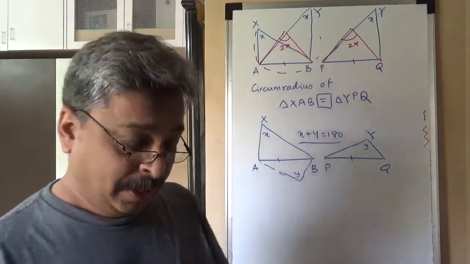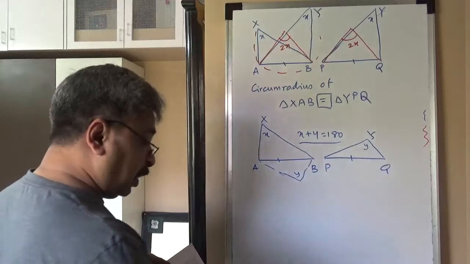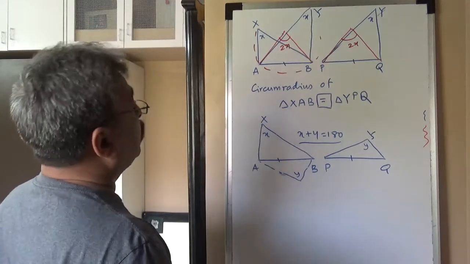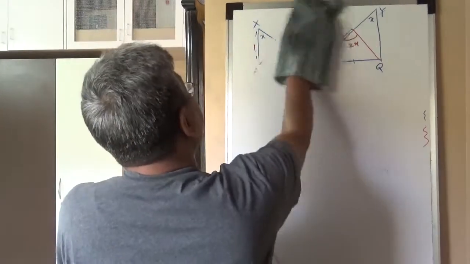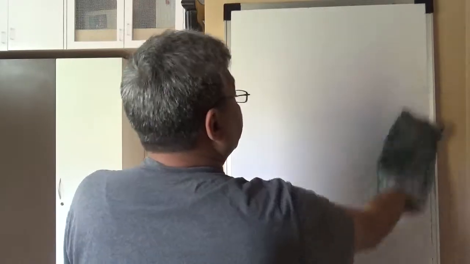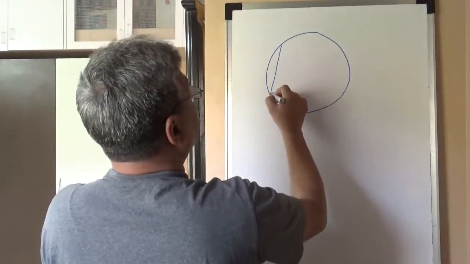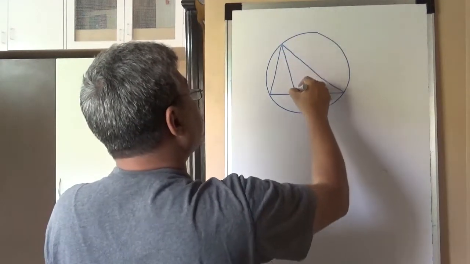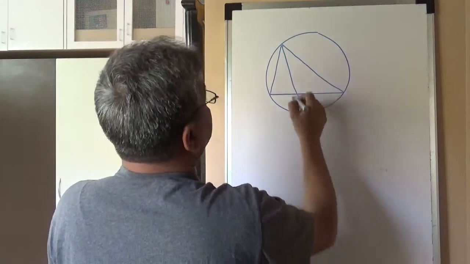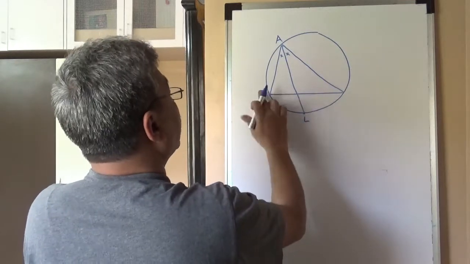Second is, there is a theorem which says that for the circumcircle of triangle ABC, the angle bisector of angle A and the perpendicular bisector of segment BC are concurrent. So the theorem goes like this. You have a circumcircle of triangle ABC, and if you draw the angle bisector of angle A, the internal angle bisector of A intersects the circumcircle at L,